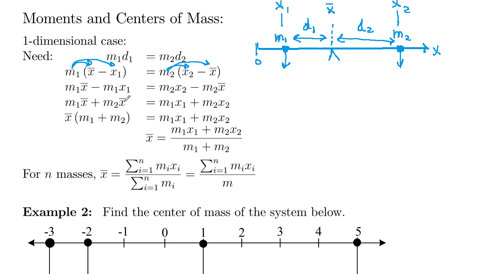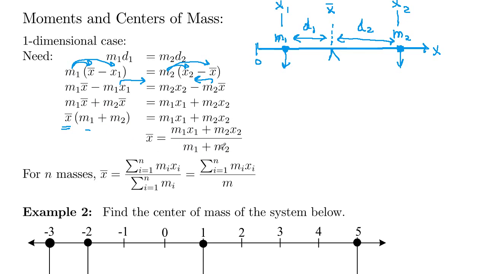And now we're going to collect our x bar terms on the left-hand side. So bring this guy over as a positive. Right here it is. And then bring this over on the right as a positive. And right here it is. And then notice here we've got x bar as a common factor. We factored that out in front here. m1 is left here, plus m2 is left here. And then we want to divide this m1 plus m2 off of both sides. Right here it is. So it'll cancel on the left, and we're left with m1 x1 plus m2 x2 over